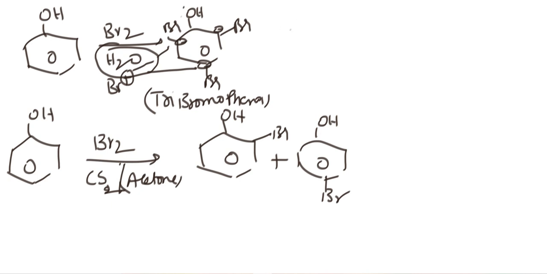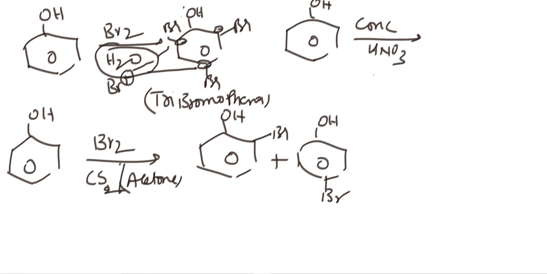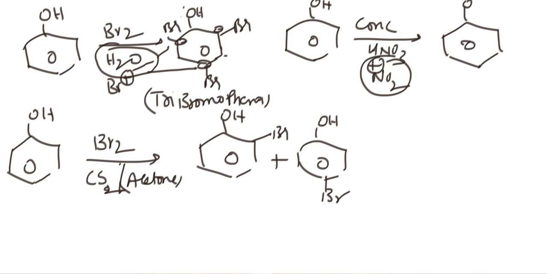And another thing, the next one is phenol, most important. This is phenol treated with concentrated HNO3. From this concentrated HNO3, NO2 plus ions are coming because the concentration is more. This is the electrophile. So you observe there is no meta position attack. Why is there no meta position attack? As I told previously, ortho and para positions only are getting negative charge.